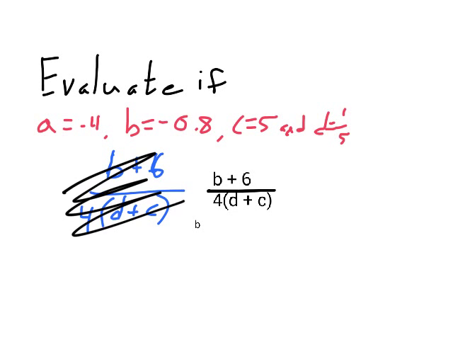So I translated my terrible blue writing there. I couldn't even read what it was, but we're told that A equals -4, B equals -0.8, C equals 5, and D equals 1/5. And we're asked to evaluate this expression. So what that means is if you're given what a variable equals, you can plug what that variable equals right into the expression. So I'm going to put -0.8 here, I'm going to put 1/5 here, I'm going to put